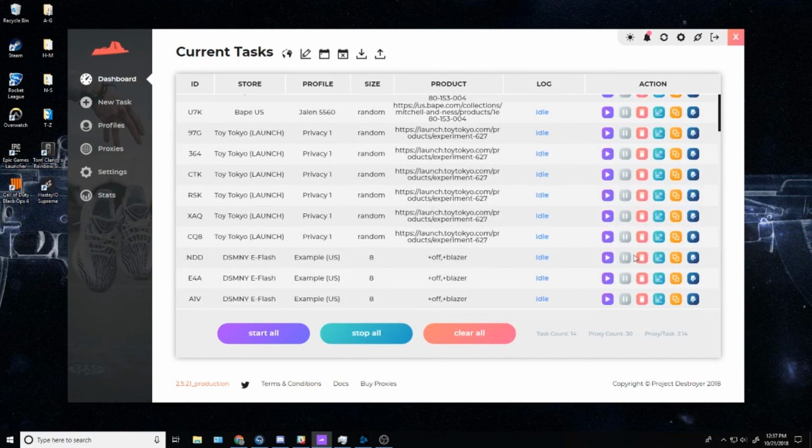And when it comes to drop time, you're just going to want to make sure to start your tasks about 30 seconds before the drop, or follow our advanced delay guide that is within our guides that will make it so you bypass